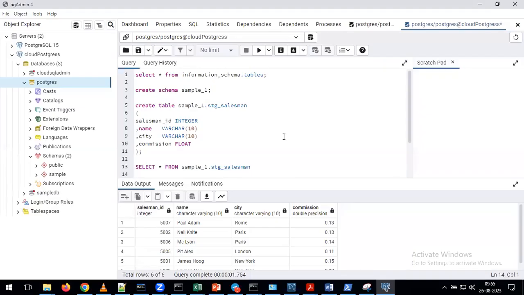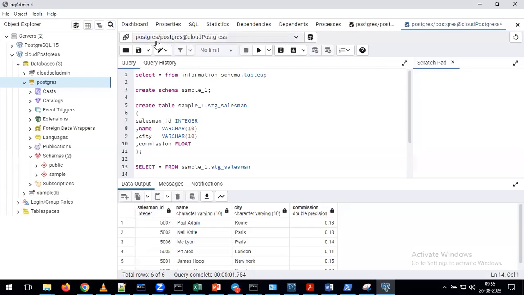Okay, I want to add one very, very important instruction. If you observe here, you are working on the query window. Please cross-verify in which query window you are working. You are working on the local server query window, or you are working on the cloud server query window. How can we see that information?